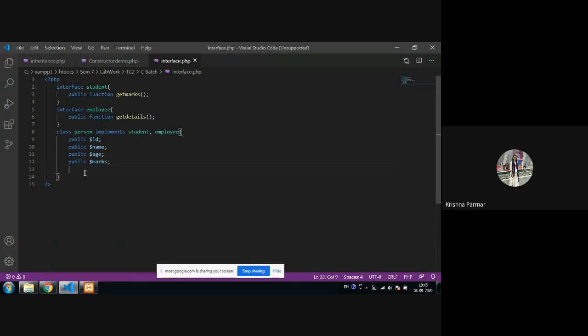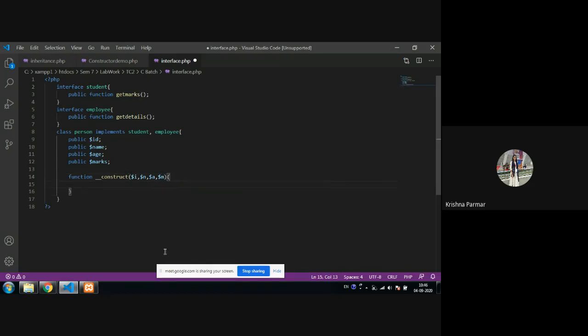So this way you can create four different properties. Now I just want to create a constructor. For that I'm going for function construct, then I'm passing four different parameters: I for ID, N for name, A for age, and M for marks.